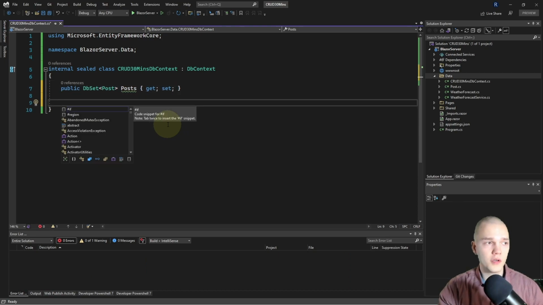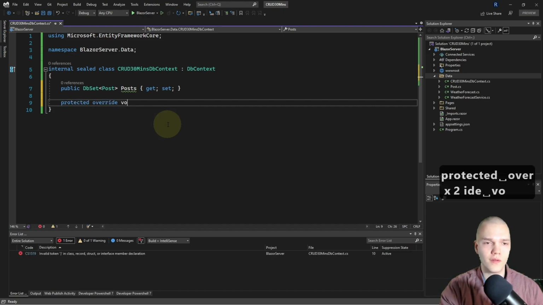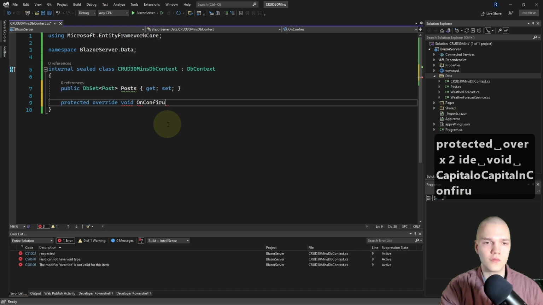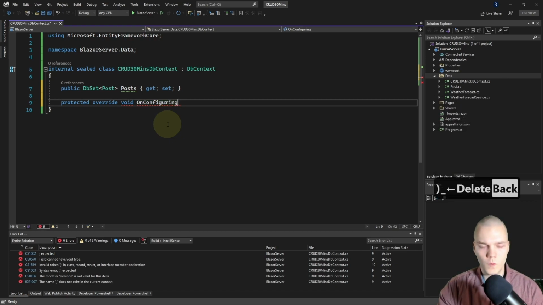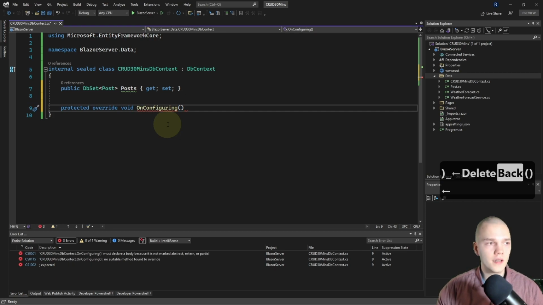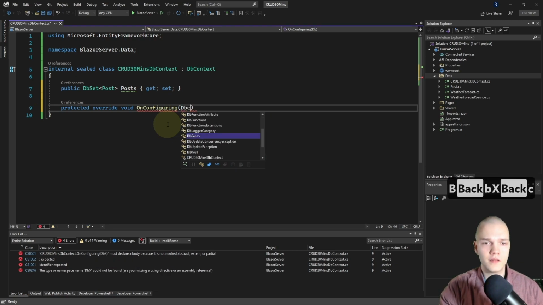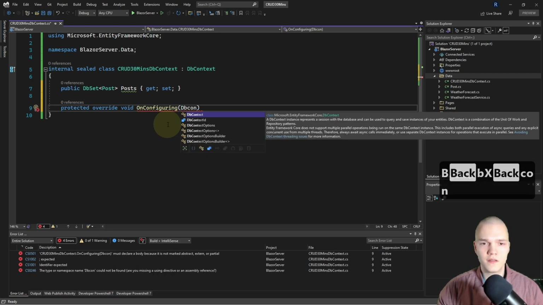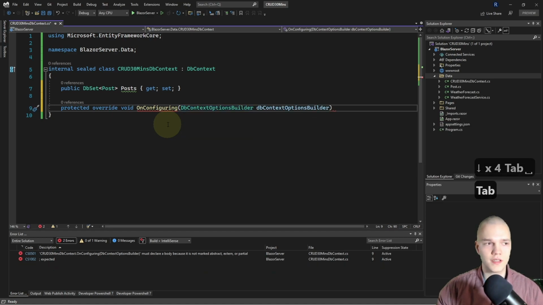Then I'll override OnConfiguring, so protected override void OnConfiguring, and that has a parameter of type DbContextOptionsBuilder, and I'll just accept the suggested name.